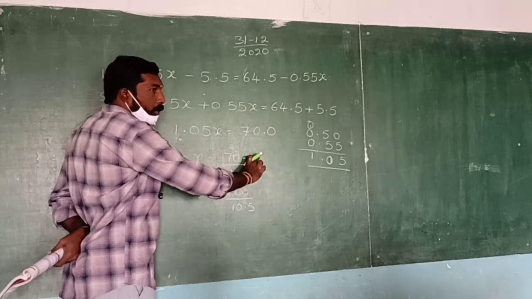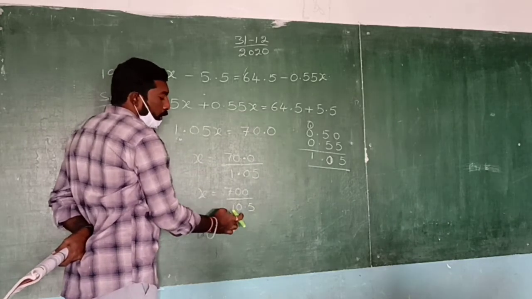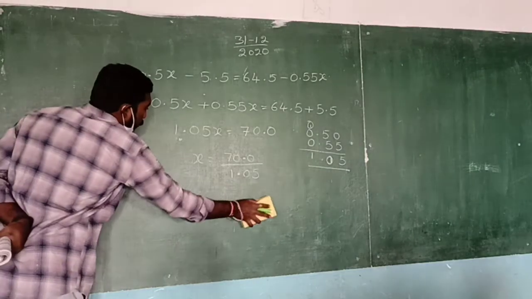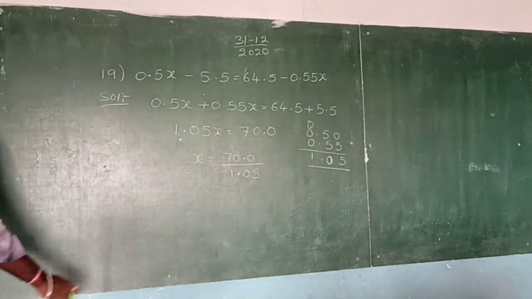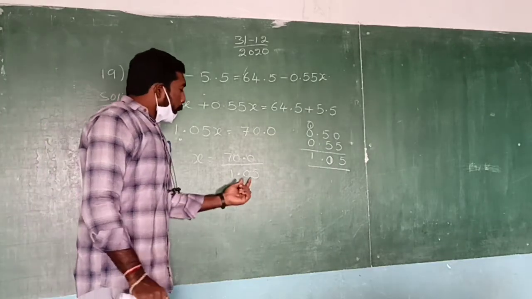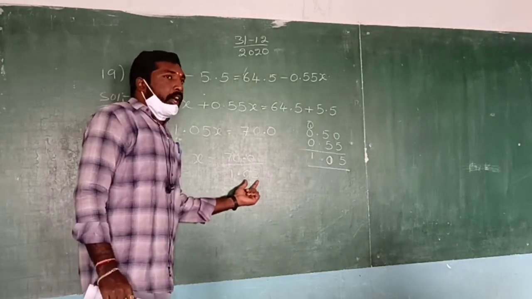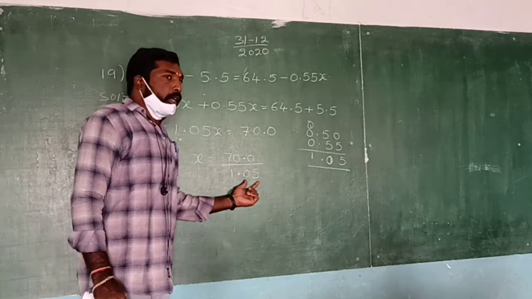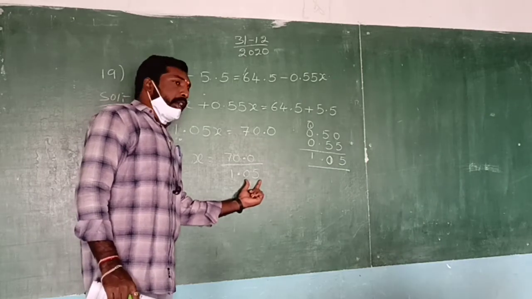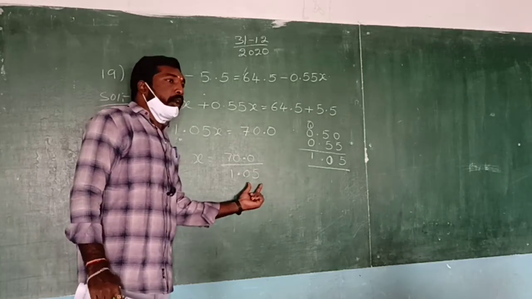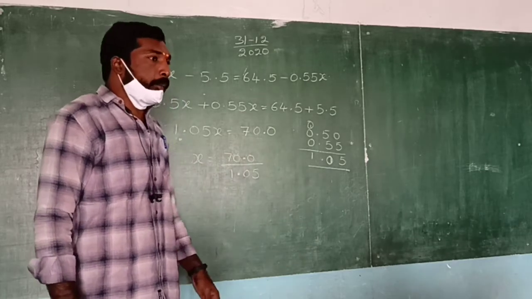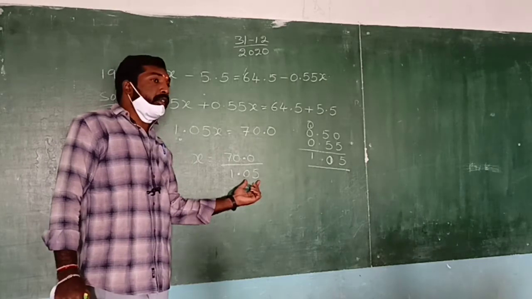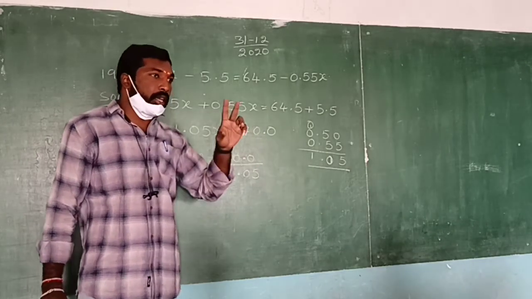So no same number of digits, 1 place. So 10.5, or else simply, here in the denominator how many decimal values are there? 2. Remember one thing, there should never be a decimal point in the denominator. That you have to remember. How many digits in the denominator? 2 digits in the decimal places.